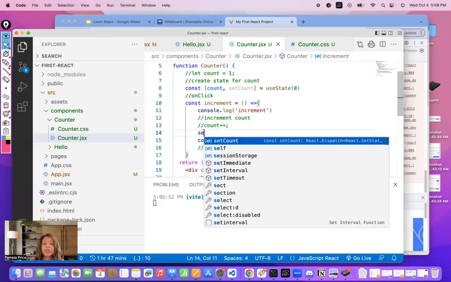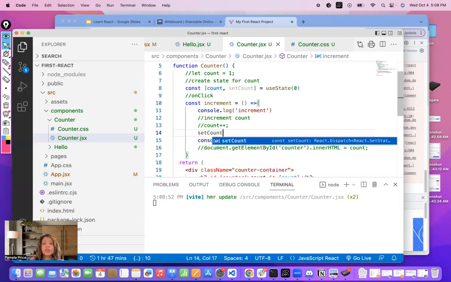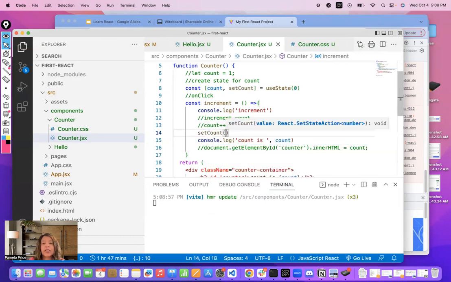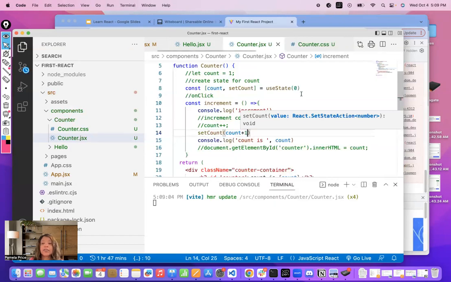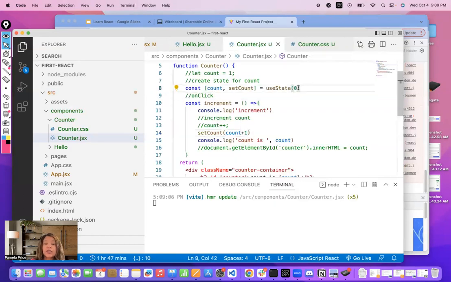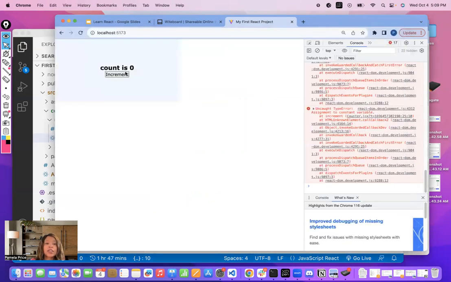What I have to do is use the set function, set count, and I have to give it what I want the new value to be. And I want the new value to be count + 1, right? When it starts, count is 0. The first time I click it, 0 + 1 is 1. So that's the new value of state, right? And watch what happens,